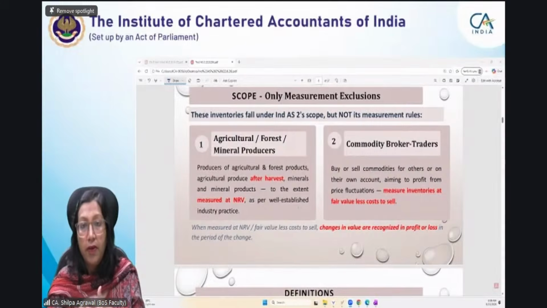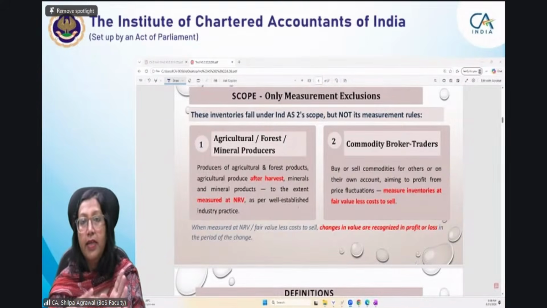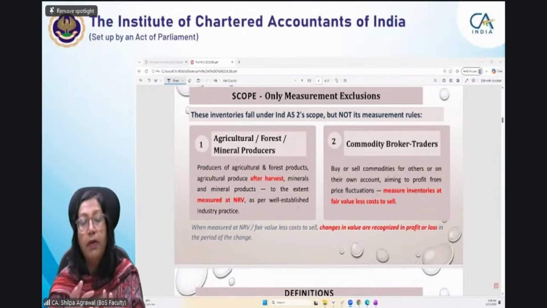Because of this, what will happen? Every MCQ will not carry 2 marks. Some MCQs will be of 2 marks and some MCQs will be of 1 mark. 16 MCQs of 1 mark and 7 MCQs of 2 marks. So that is 14 plus 16, equal to your 30 marks. So the overall weightage of objective type assessment is 30 only, but your internal number of questions has increased. All will be application based.